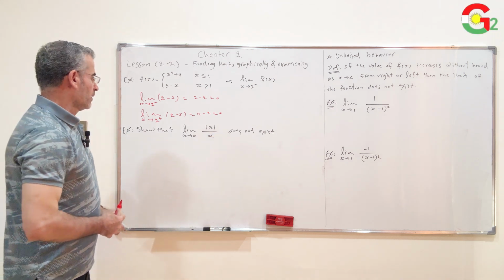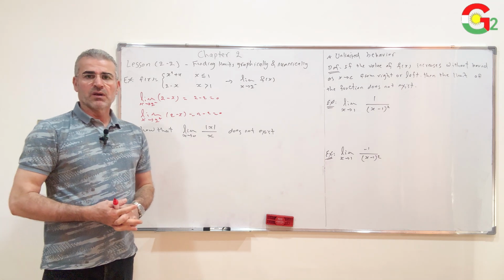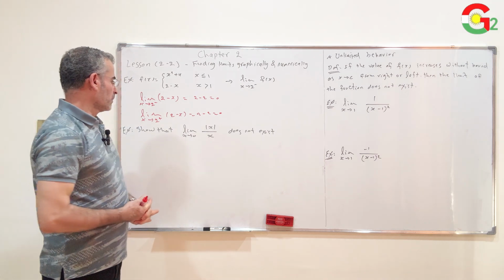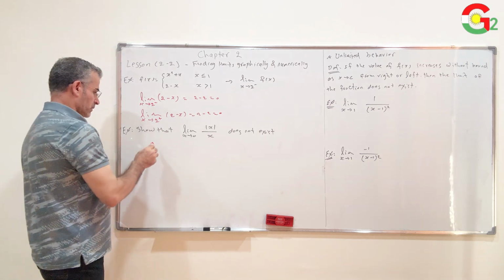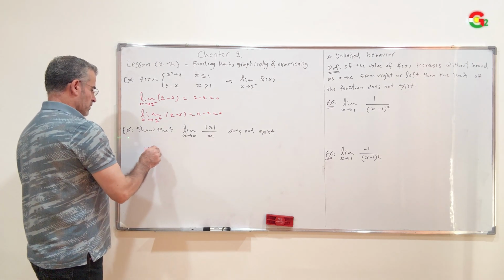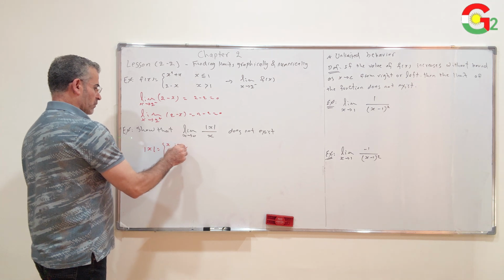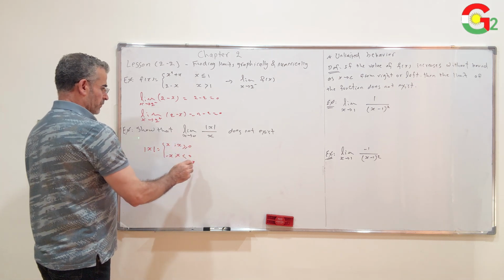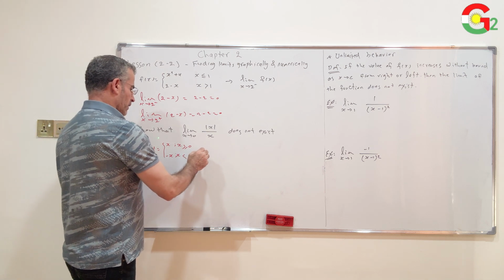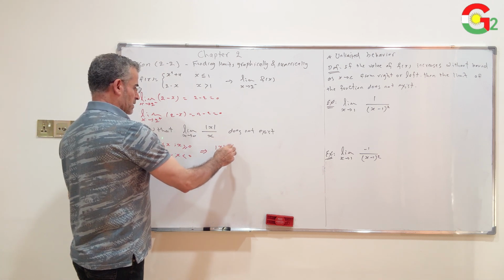Show that limit when x approach to 0 for this function, absolute value x over x, does not exist. When I have an absolute value term in a function, I rewrite the function without absolute value. As you know, absolute value x equal to x when x is greater than or equal to 0, negative x when x is less than 0. If I rewrite this function, then absolute value x over x equal to